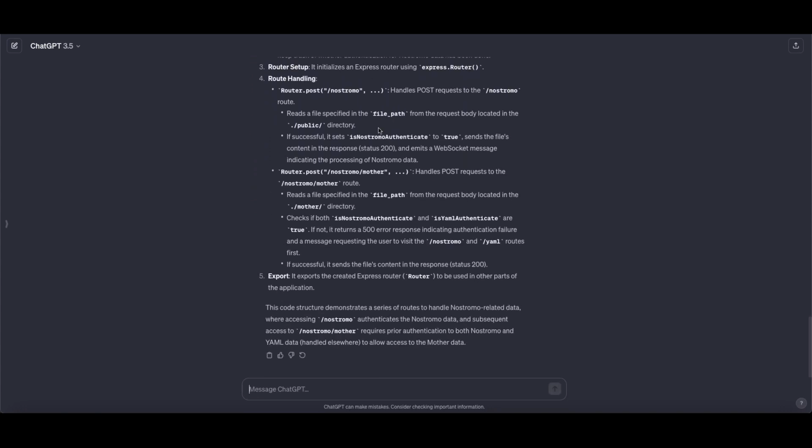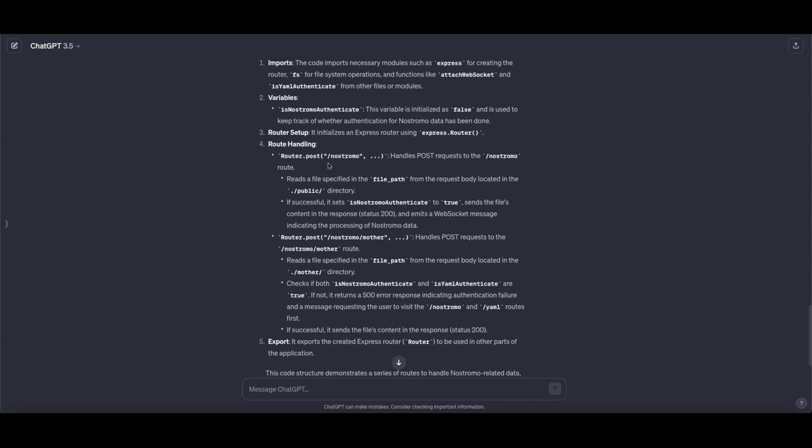Again, route handling. Router.post Nostromo handles a POST request to the Nostromo route. Reads the file in the file path, again from the request body, located in the public directory. If successful, it sets OK. And there is a second directory here. Handles a POST request to the Nostromo mother route. Reads a file specified in the file path from the request body, located in the mother directory. Okay, so